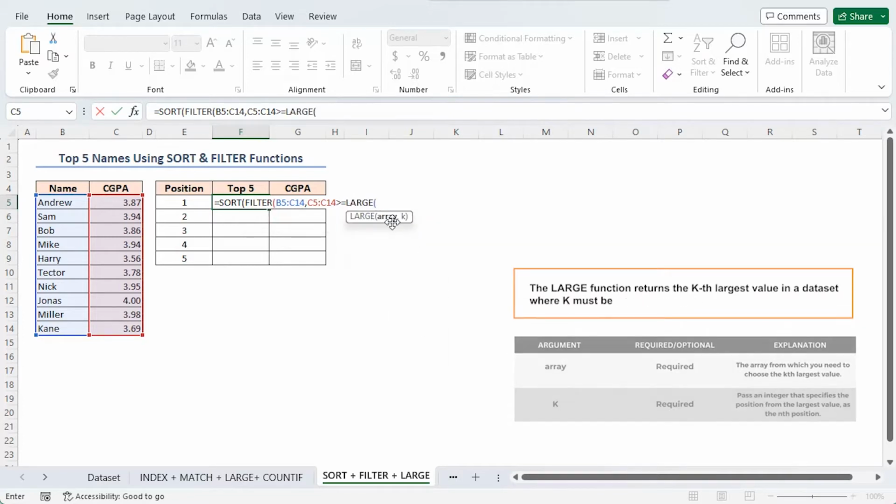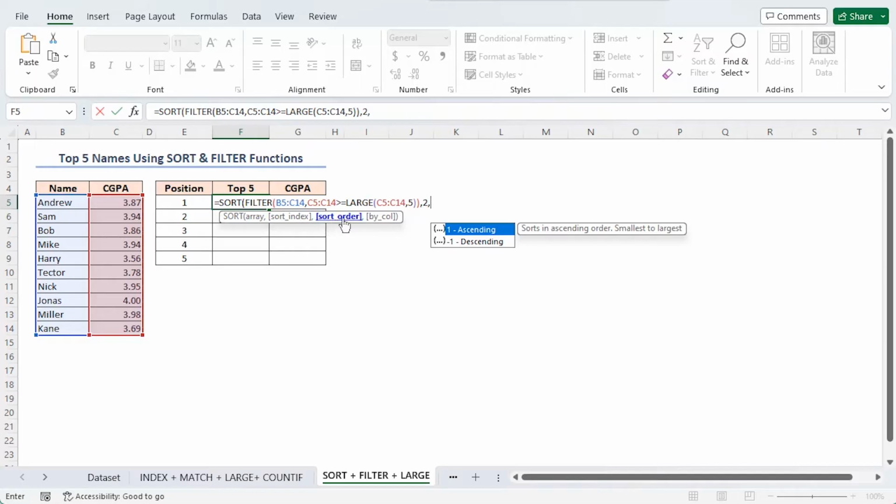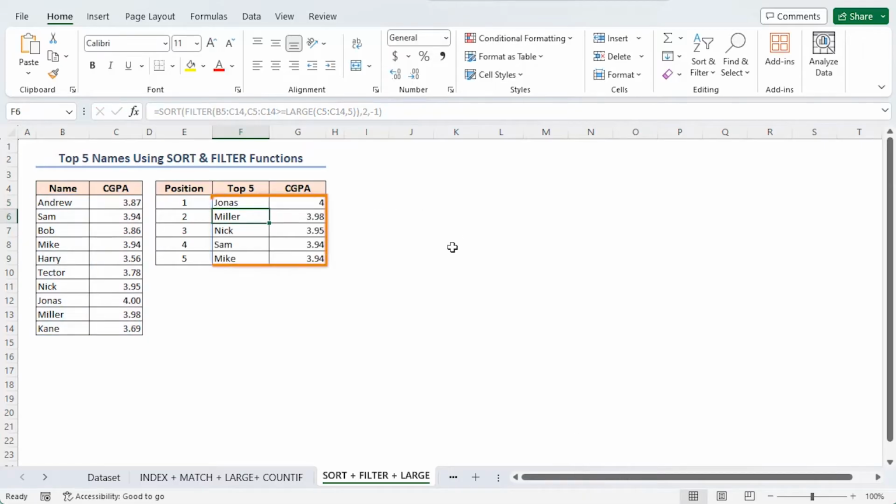As the array argument of the LARGE function, select cells in the C5 to C14 again, comma. As the k argument, I'll write down 5, closing the parenthesis, comma. As the sort index, write down 2, comma. As the sort order, select the descending order, which is -1. Close the parenthesis. Press enter, and you will get the top 5 CGPAs along with the names of the students